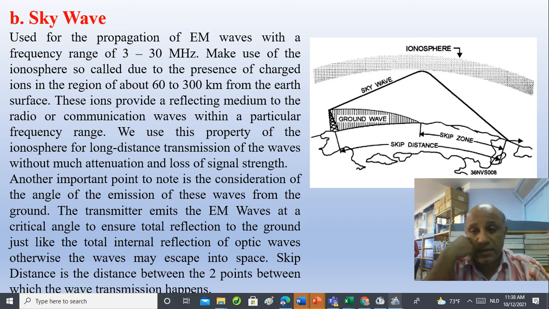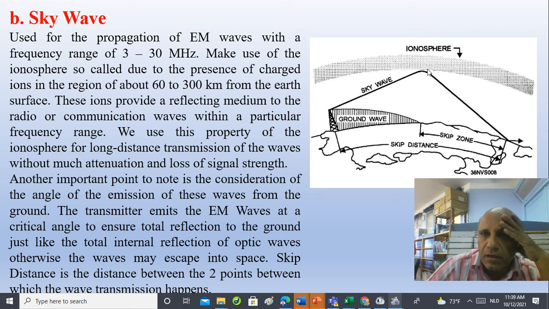As an example, this is the ionosphere. It works as a mirror, and here we have the transmitter. This is the tower of the transmitter, which is sending the signals, and the signals move in this direction, and when they meet this surface, they reflect in this direction. Here we have the receivers which receive the signals. So this is the escape distance from the transmitter to the receiver, and here is the escape zone where the reflection happens.